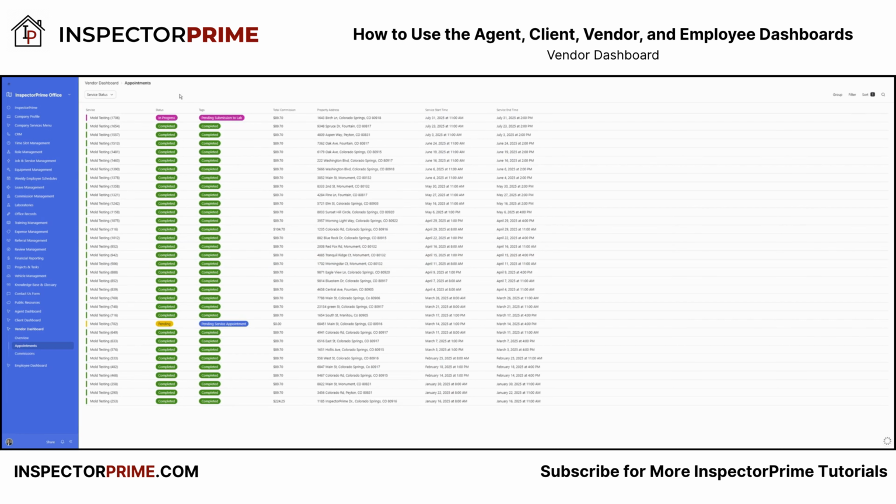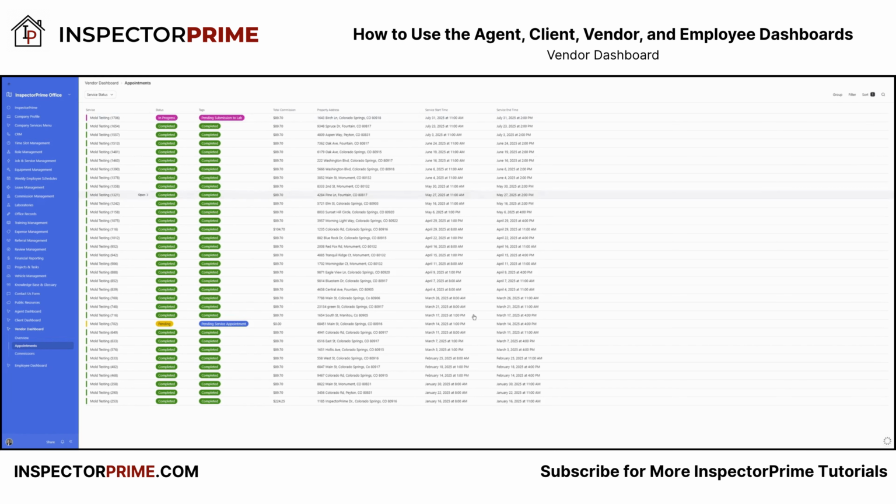mold guy, we can see the mold tests that he's got out there. And this will automatically populate based on what we do with our jobs and our services within our job and service management interface. You don't have to update this individually. This is now simply part of your system that feeds information to your vendor dashboard and shows your vendors, again, based on a filter that filters them by user's email,